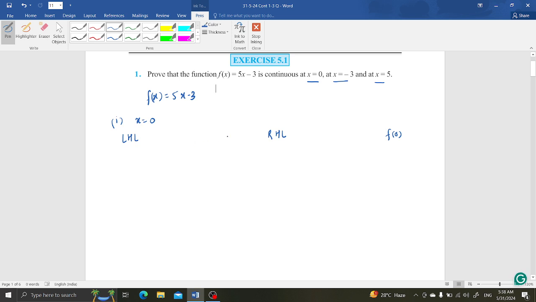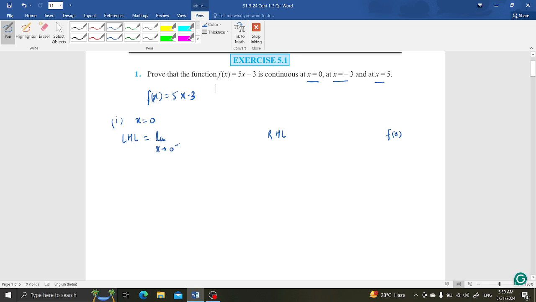If any one of them is unequal, suppose LHL and RHL are both equal but not equal to f of 0, then we say the function is discontinuous. If LHL is not equal to RHL, then also discontinuous. If LHL equals f of 0 but not equal to RHL, then it is also discontinuous. Like that we have 4 to 5 cases. Now here, what is LHL? LHL is limit